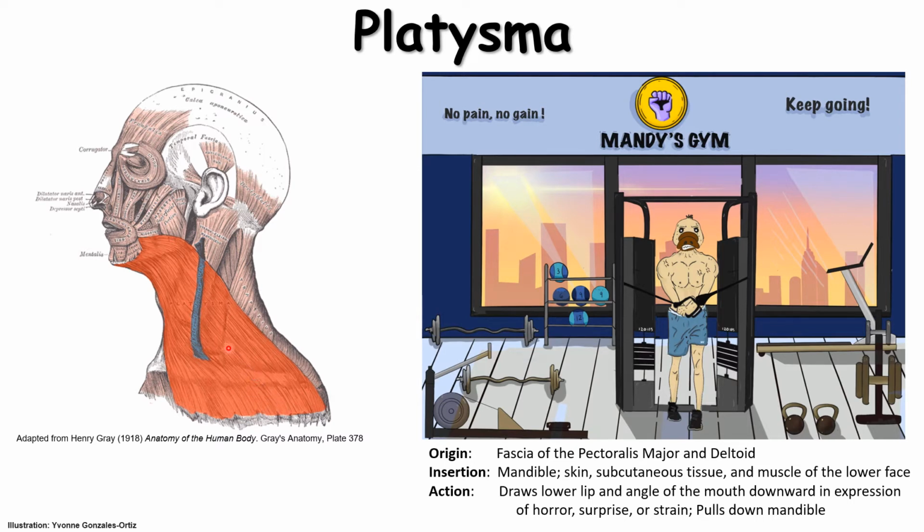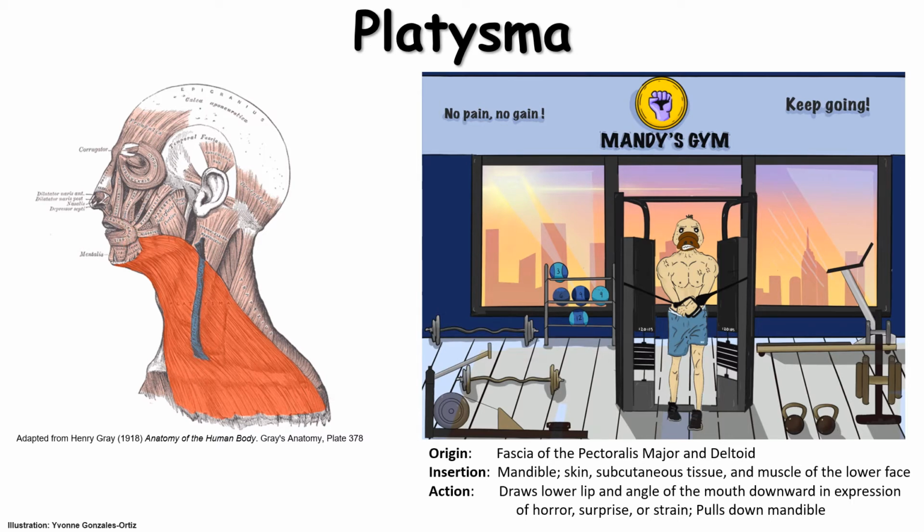It then makes its way up, again very superficially, towards the lower jaw, where it inserts on a bone known as the mandible. And its insertion point is not only this bone, but also skin, subcutaneous tissue, and some of the muscles associated with the lower face and the mouth. So its insertion points include some muscles, such as the orbicularis oris, and this is the muscle that encircles the